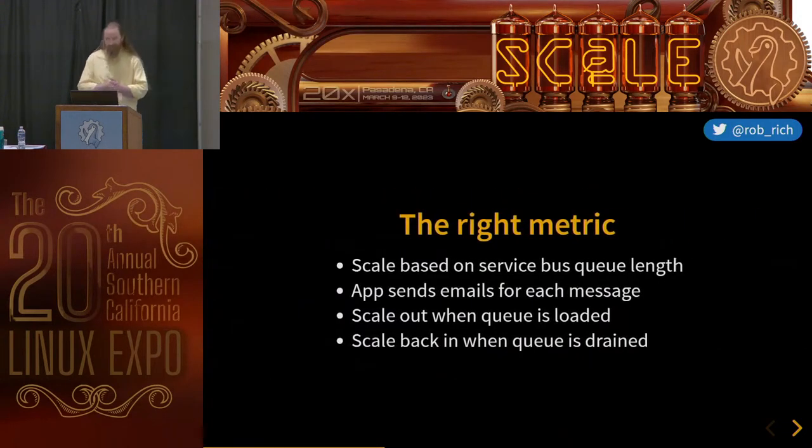Let's take a look at a third scenario, and in this case, we're going to do it correctly. So we could scale based on the service bus queue length. Now, in this case, our application is going to send some emails, and so when we fill up the queue, then we know that we have lots of messages. We're going to scale up to lots of instances of our application. Each one's going to pick a message off and send that email, and then once the queue is empty, we'll scale back down. We've sent all the messages. So in this case, we were able to scale correctly because we were looking at that critical metric in our application that made our application more performant by scaling up or down.